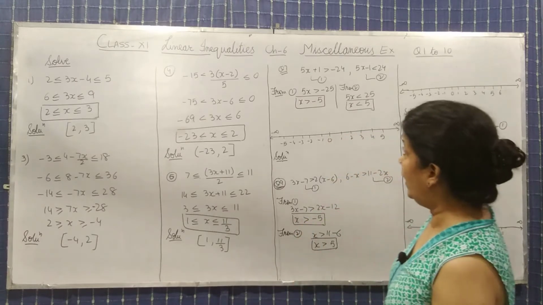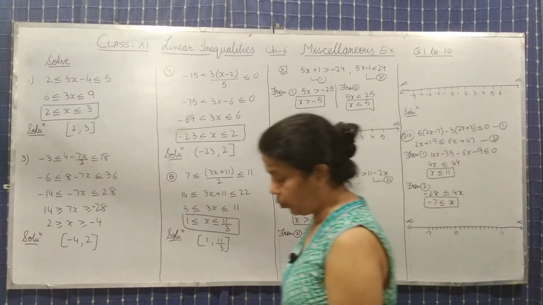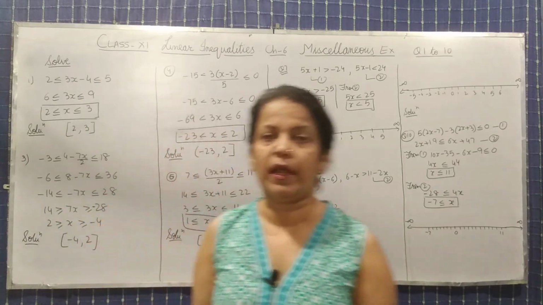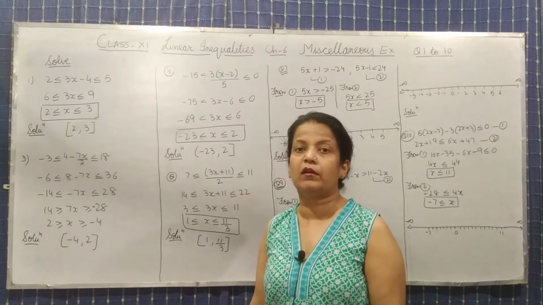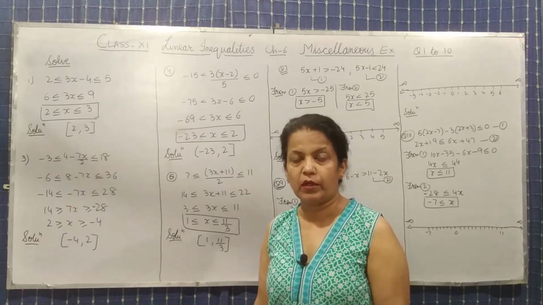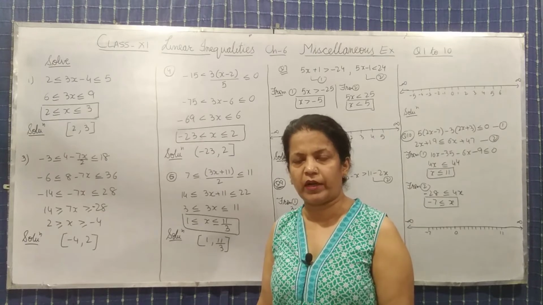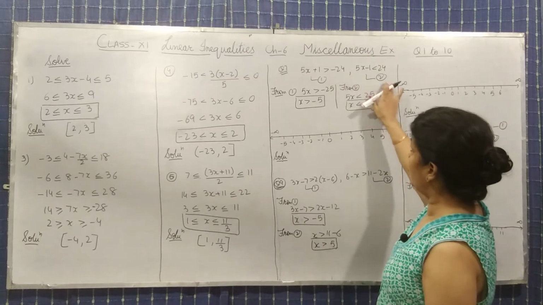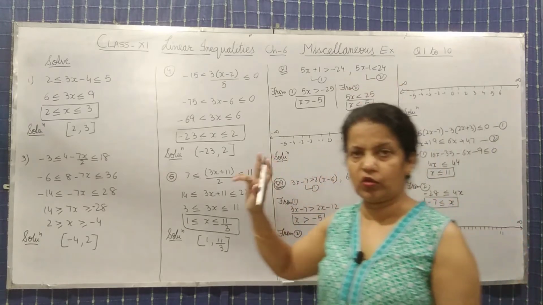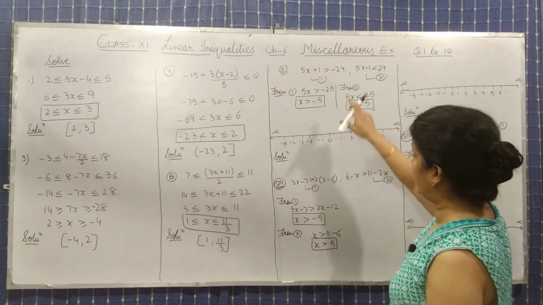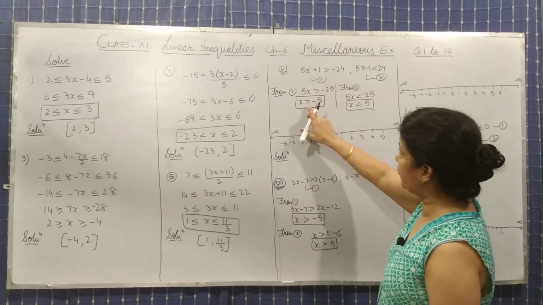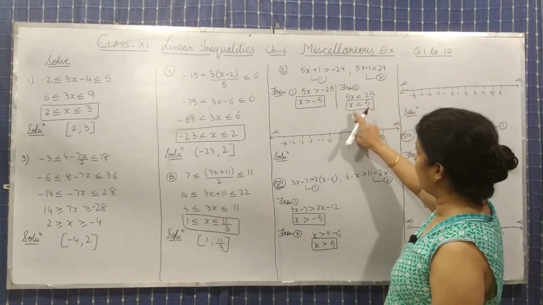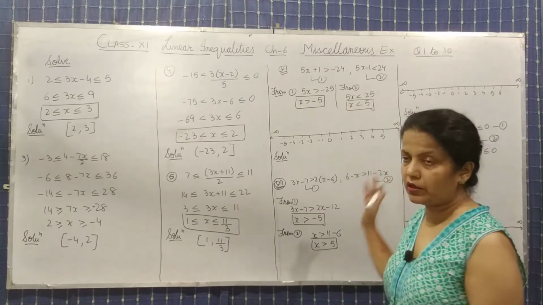Clear? Now question 7th onward, question 7 to question 10, you have to solve it and find the answer graphically on the number line. Now these are two different linear inequalities. Two separate linear inequalities are given. So from first, if you will solve it, you are getting this, x is greater than -5, and from second you will get x is less than 5.